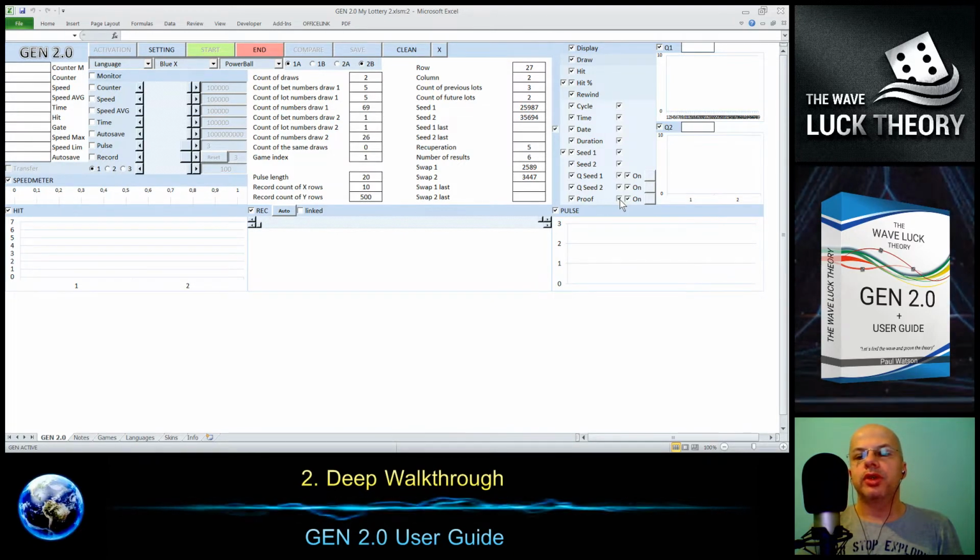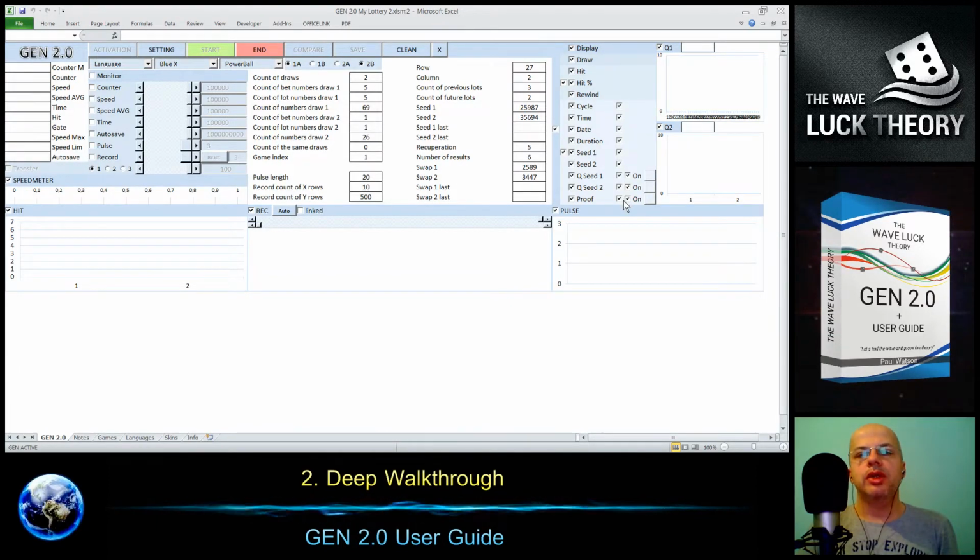The proof function and the quality of the seed are analytic tools that actually are not necessary to use, but if you want to dive deeper into the whole generation and analyze it, and to better decide what result to use or how the result looks, then it's good to use all these optional parameters.